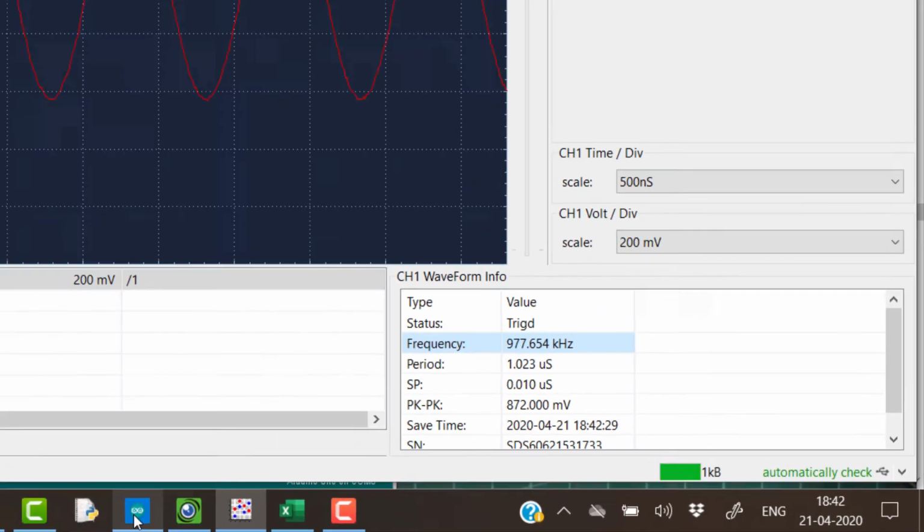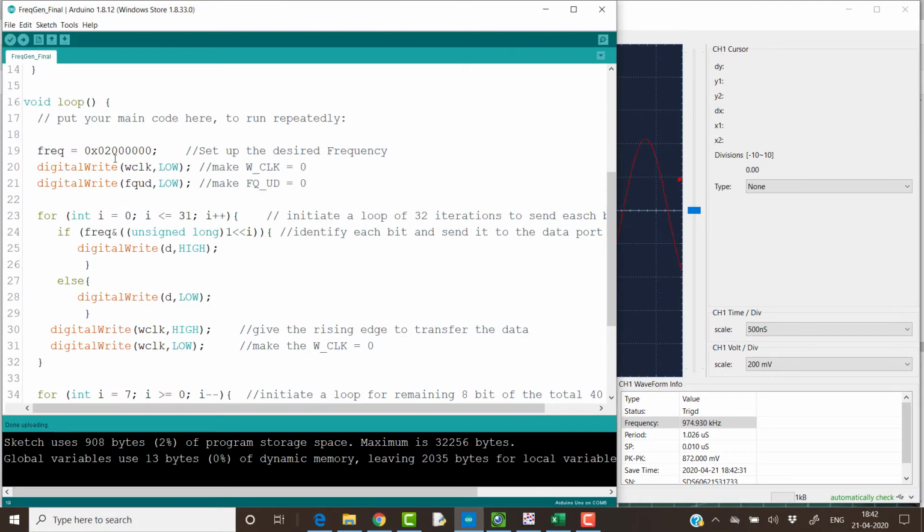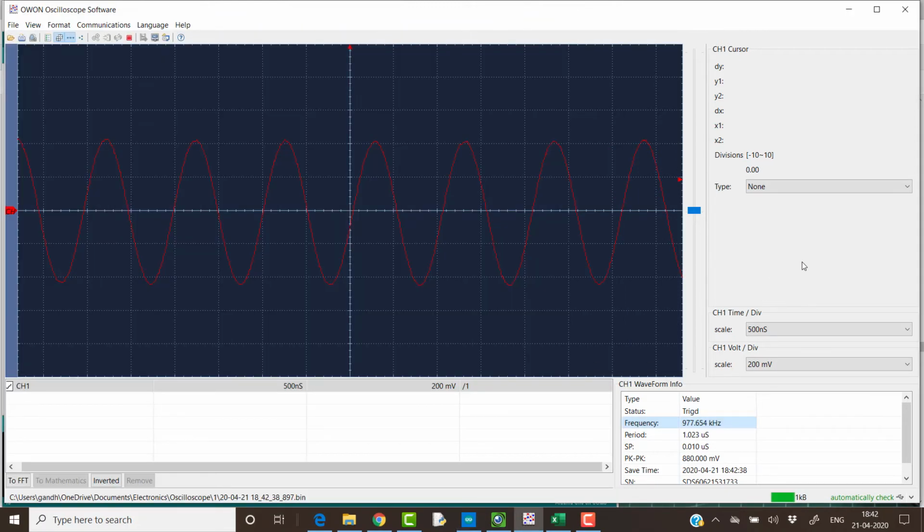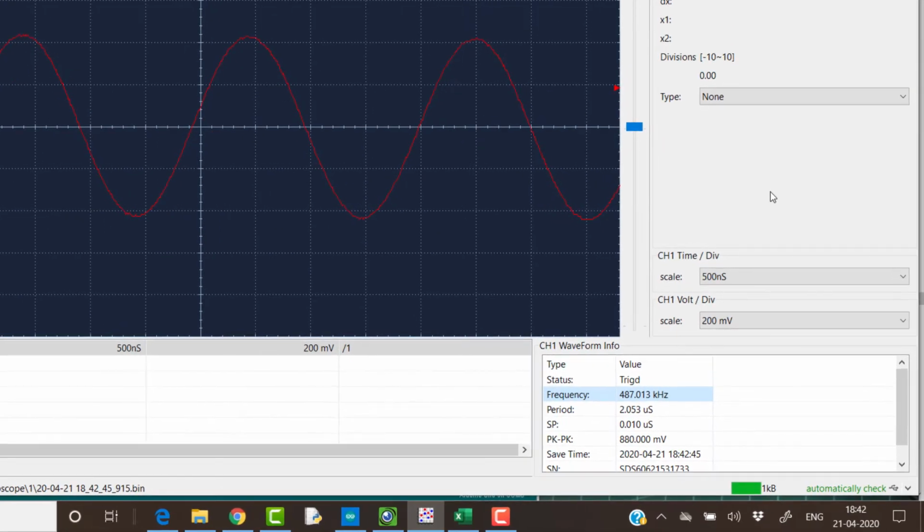Let us still divide it by 2. So now what we should do? We should write a 1 over here. So we are dividing the frequency count by 2, and that will once again reflect as divided by 2 over here. You can see now it is 487 kilohertz.